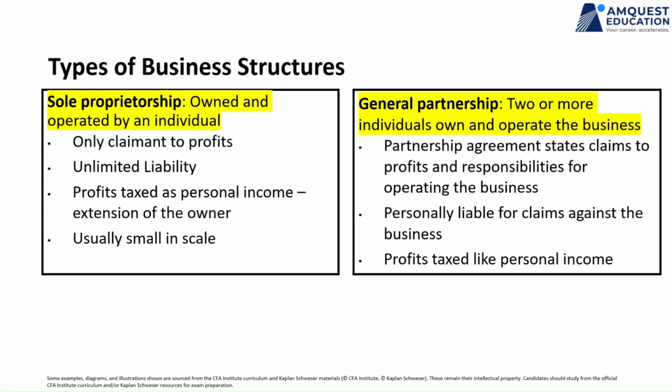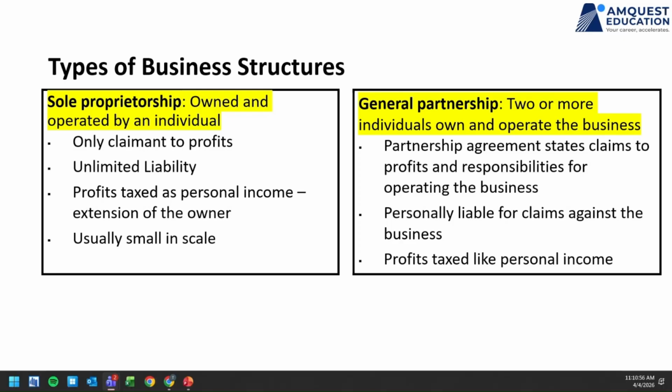All the profits in a sole proprietorship are taxed as personal income, right? So it's as good as personal income tax. There is no corporate taxation. We are saying it's an extension of the owner's income. So if you're earning money as an individual, you are taxed as per personal income tax slabs. And if you're earning money as a sole proprietorship, you are still taxed on a personal level. Typically, a sole proprietorship is operated when the business is on a small scale, so you don't have a pretty large turnover or large business.